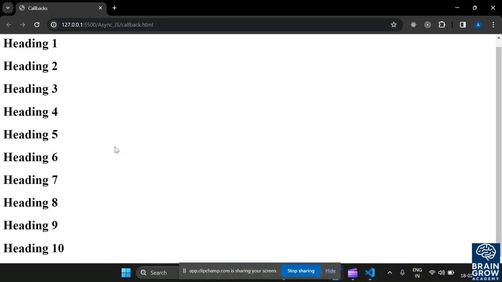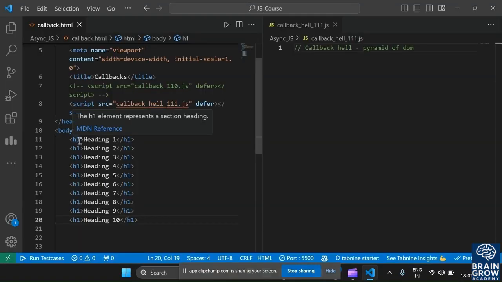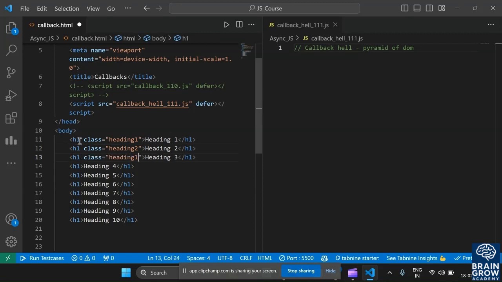You can see that. And now let us give a class name so we can access it throughout the DOM using class. So heading 1, and let's say copy and paste it here. Heading 2, heading 3, heading 4,